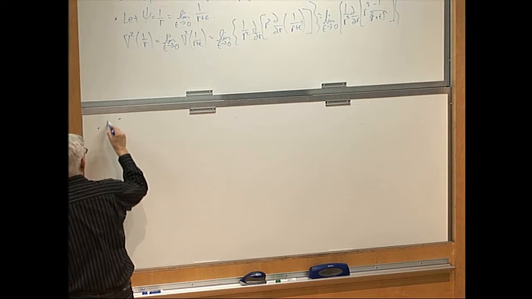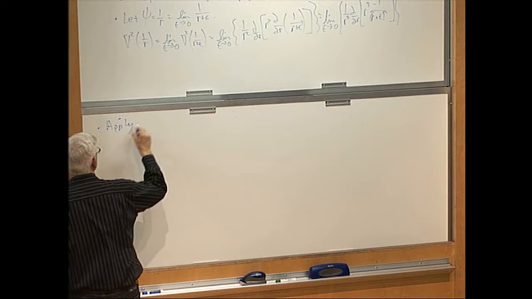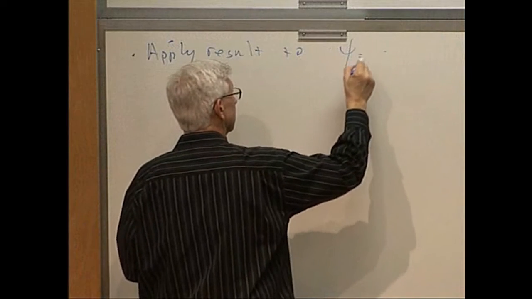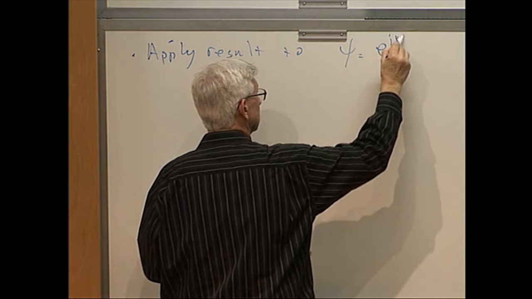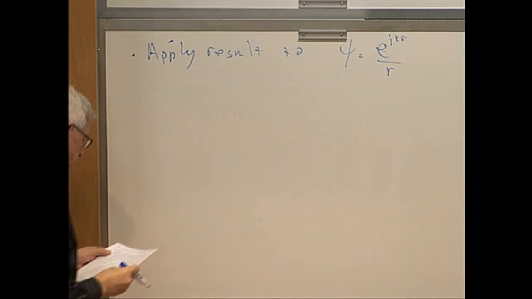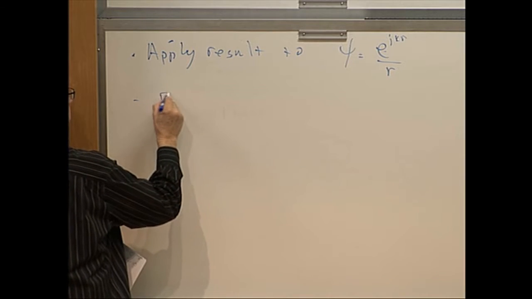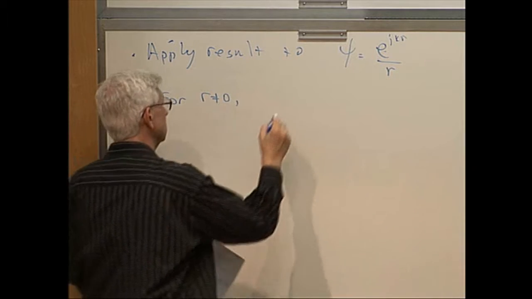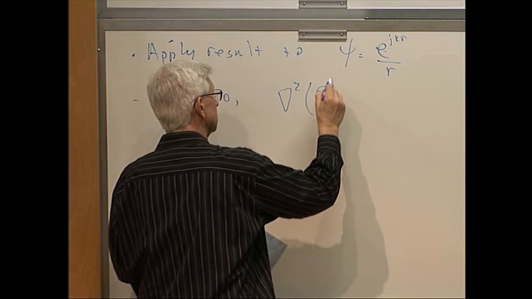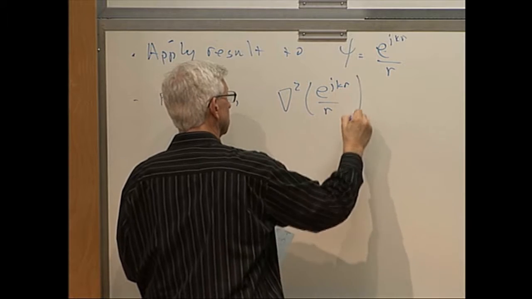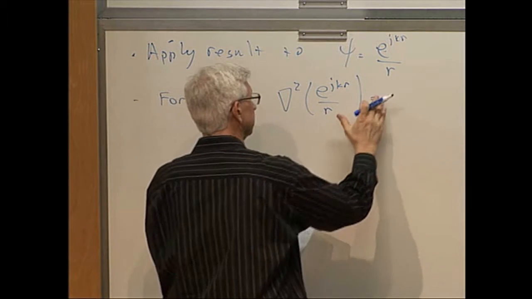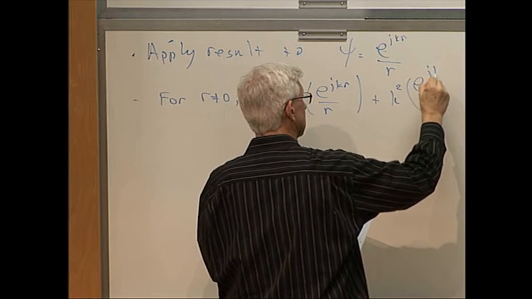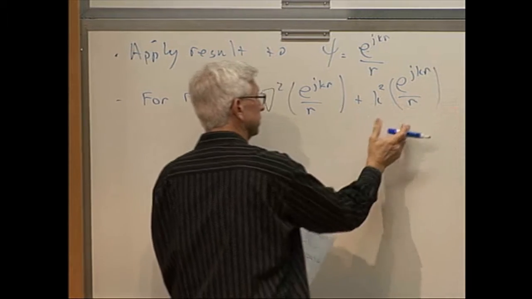So now we're going to apply the result to psi equal e to the jkr over r. Now for r not equal to 0, del squared of e to the jkr over r plus k squared e to the jkr over r, which included that second term there,